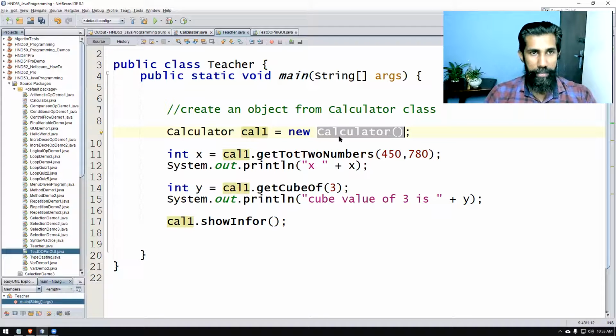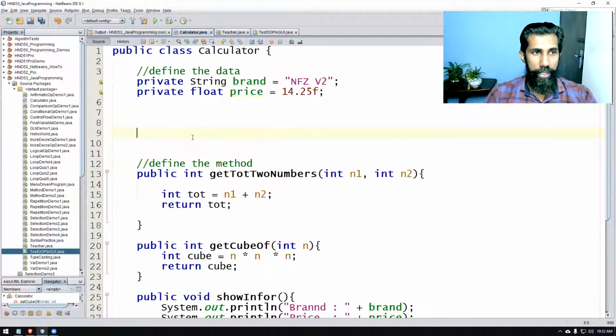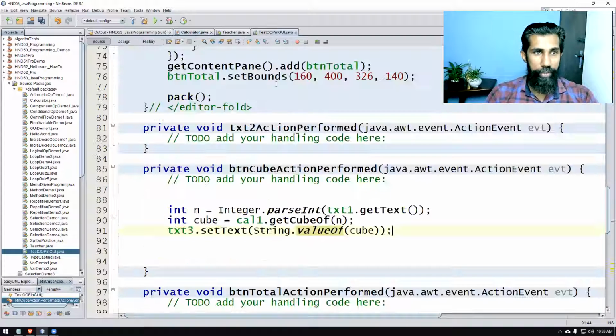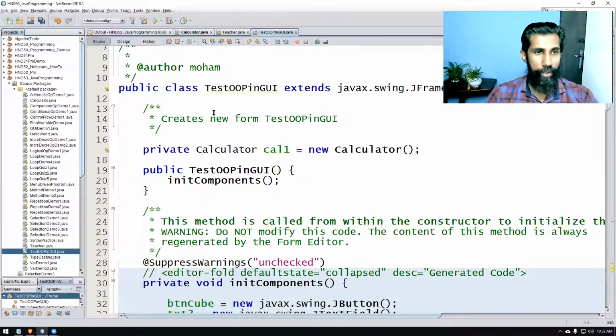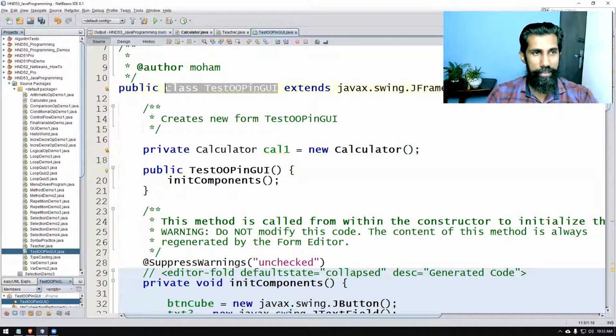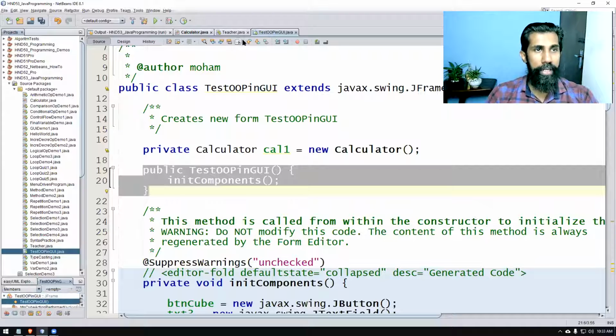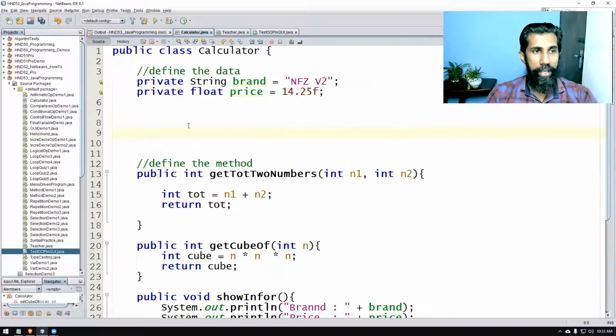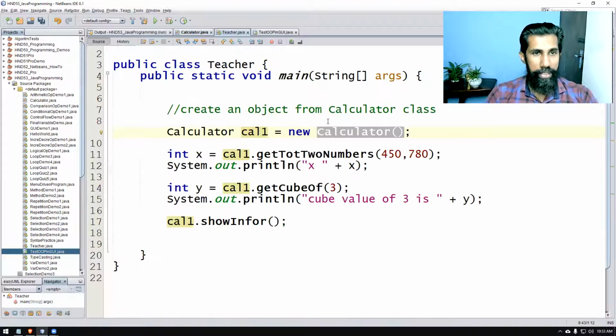So when you say constructor method, if you go here, I can create my own constructor method. Now inside this one, I haven't done that because I haven't done the constructor method. If you take a look at this program, the computer has automatically provided a constructor method here. Can you see this? This method TestOOP in OOP in GUI. This constructor method has already been created for this class. Java already created that one, right? But in our program, we don't have that, right? So where did that constructor method then come from?